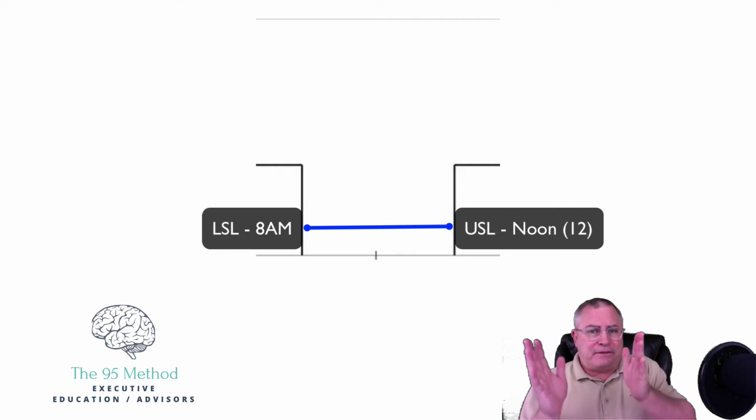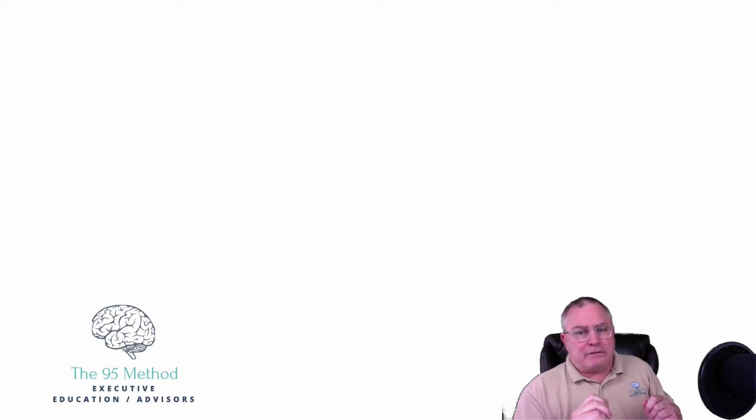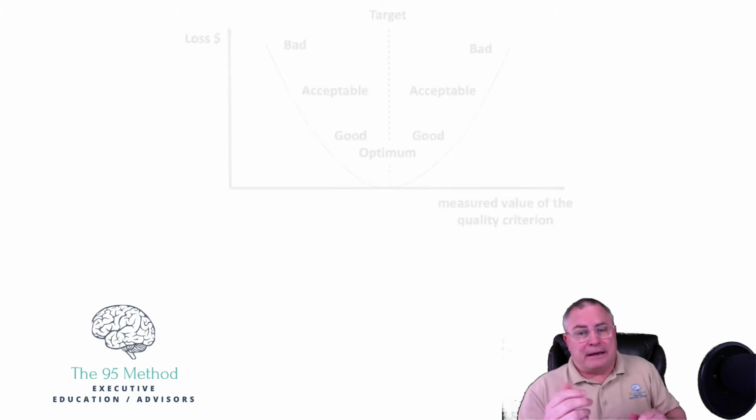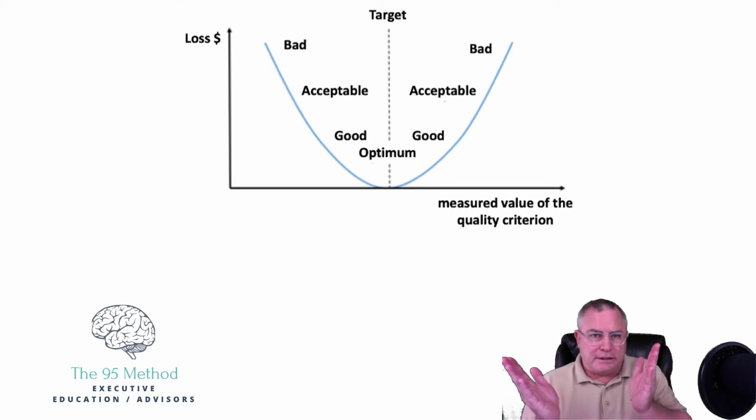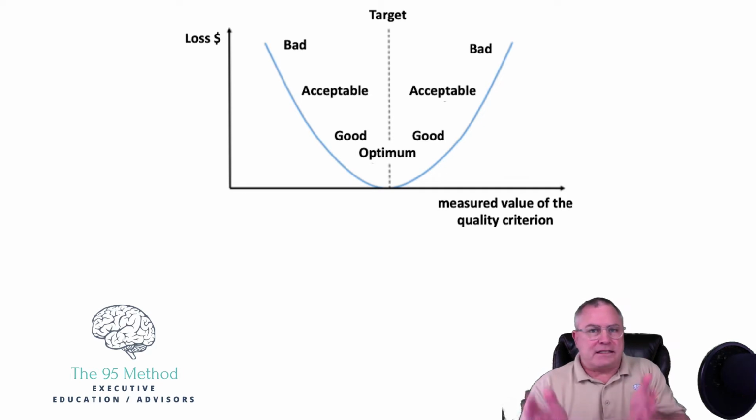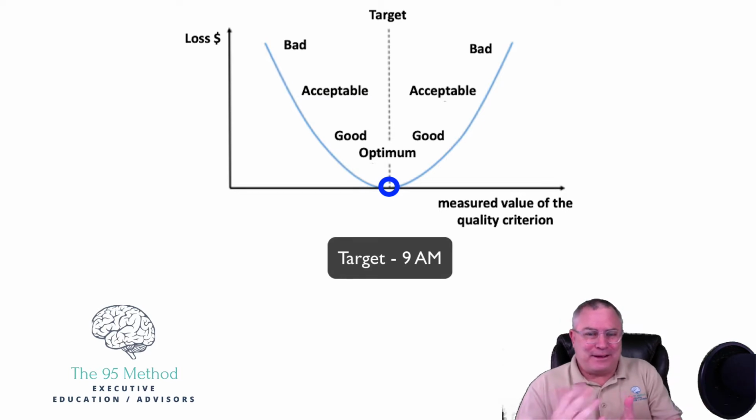And so that's traditional service industry thinking. Now, if we go to the Taguchi Loss Function, bringing up the diagram again, the best thing that you can do for a customer right out of the gate is come up with a time that you're going to show up. And you might negotiate, let's say we're going to be there at 9 o'clock. Now, especially in the States, other than the companies that I've worked with, this doesn't happen very often, if at all. And negotiating a time to be there at 9,